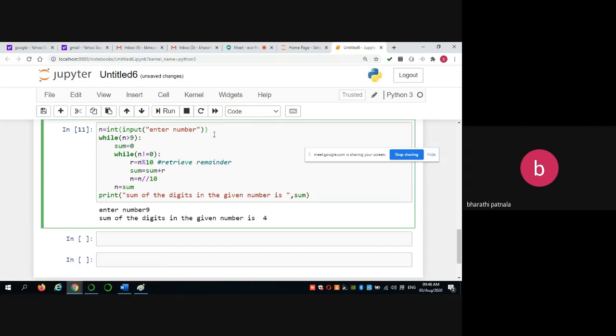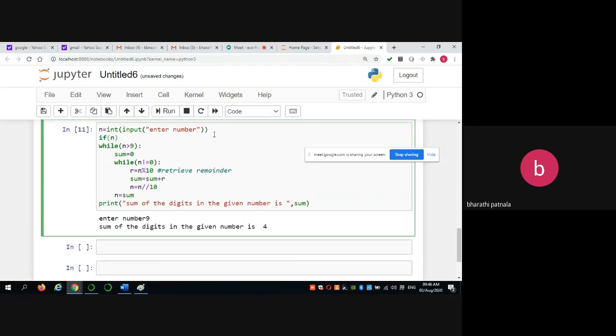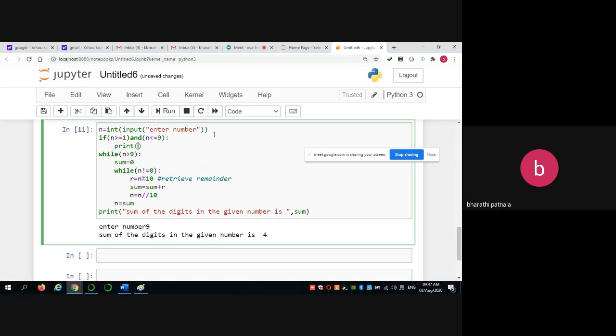So if your n value is greater than or equal to 1 and n less than or equal to 9, print sum of the digits in the given number is n as it is.